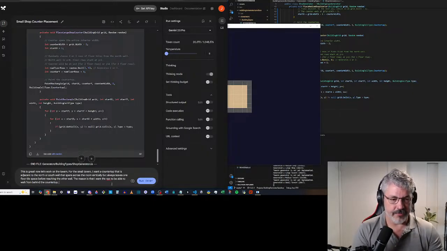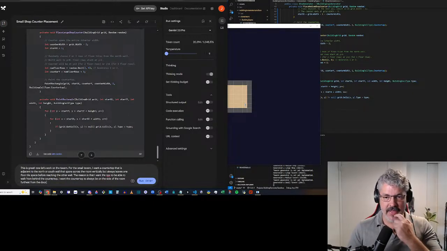Also, I want the countertop to always be on the side of the room furthest from the door.